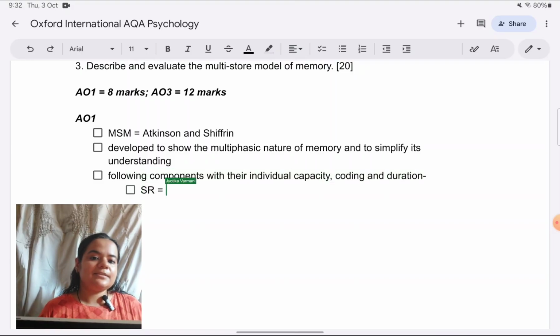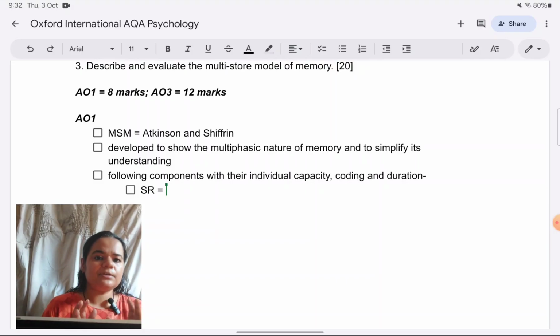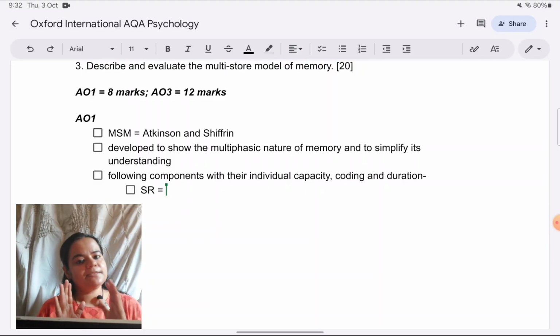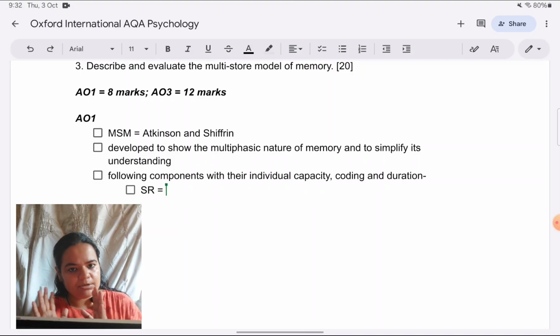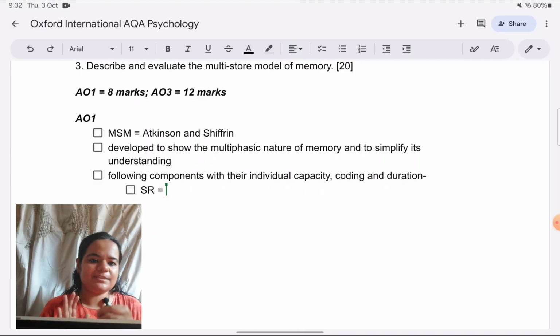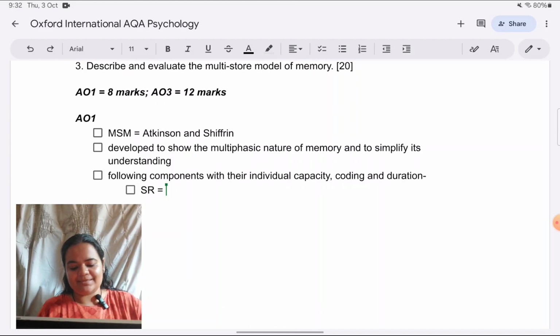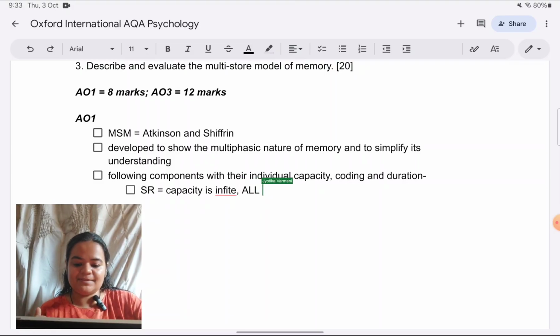Okay, so there's the sensory register or sensory memory. Depends which textbook you've referred to. Terms can be slightly different. As I mentioned in the beginning, good terminology which shows you're a psychology student is what you should use. There's no insistence on some particular terms only which you have to use. So sensory register, if we talk about its capacity, is infinite because all the information coming into any of the 5 sense organs at any time is held by it.